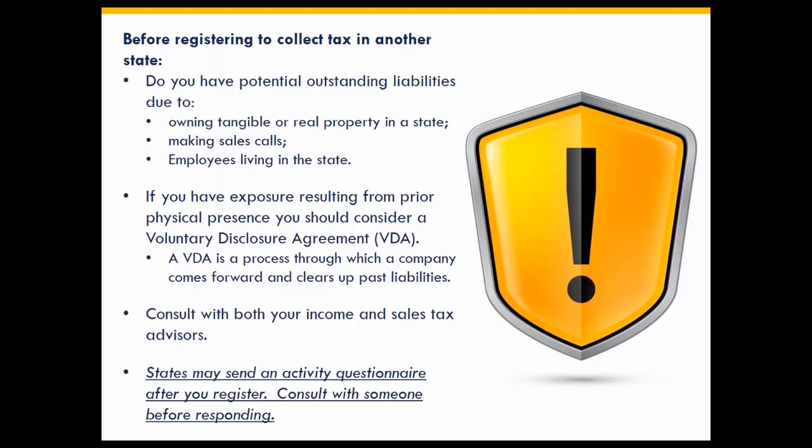Once you get that figured out, you have this opportunity before you register, because after you register for sales tax, it's off the table, to do what they call a voluntary disclosure agreement. People will throw it out as VDA. The simpler way of thinking of it is as getting right. You have the opportunity, typically, to do it through a third party initially, like myself or whoever your tax person is. I go to the state, so let's say it's Oklahoma. I go to the state of Oklahoma and I say, hey, I've got a client out there. They realize that they maybe needed to be collecting tax a couple years ago. What can you do for us? We'd like to get right now, and then we'll register.